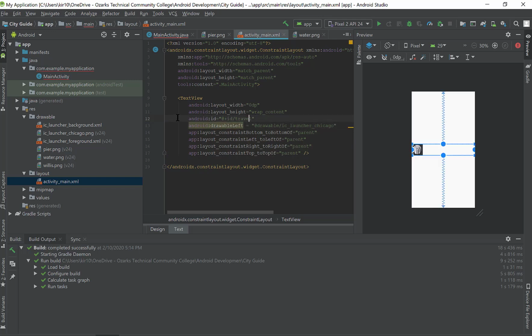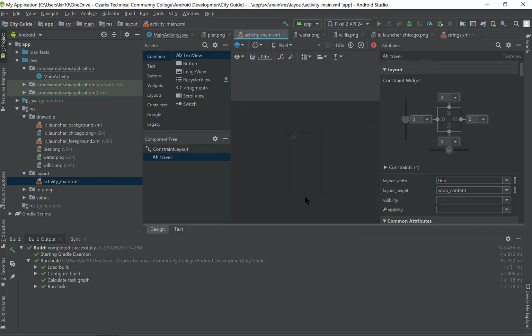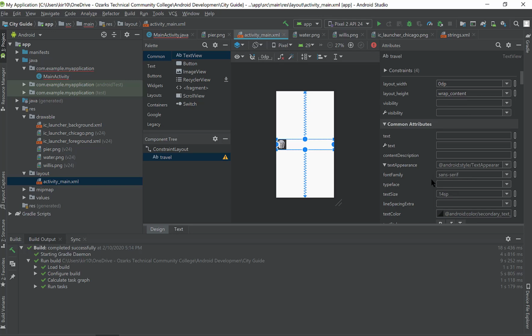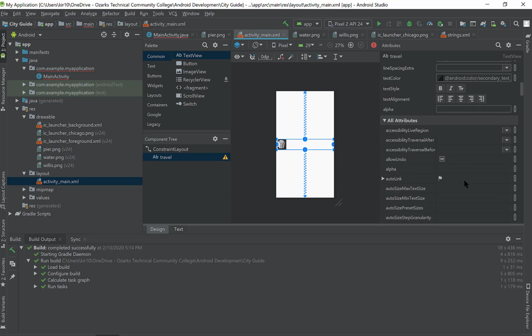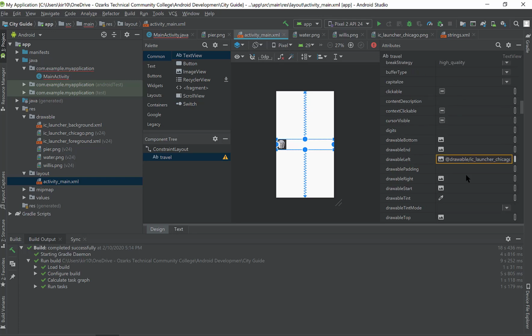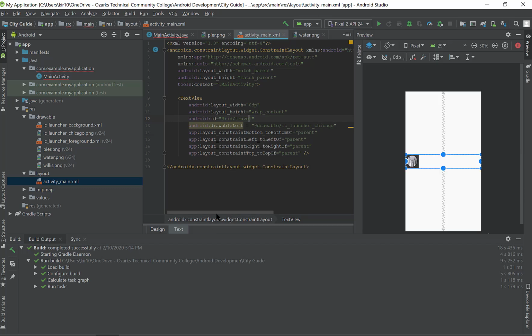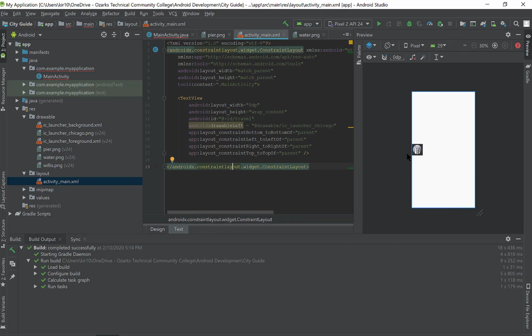Okay, there we go. So again, if we scroll down enough, we should see there's our drawable left. So we type this in manually in the XML file. You can see how that's going to go. So in this travel text view that we're creating, all of our array items are going to be in this list view, and then our icon is going to be to the left of each of those items. So let's see, we might do